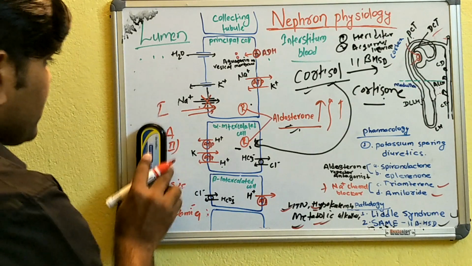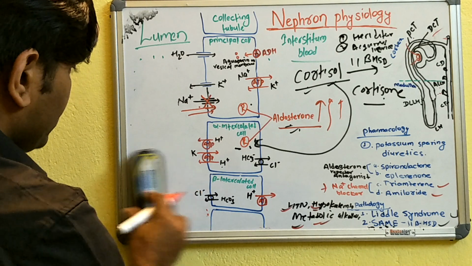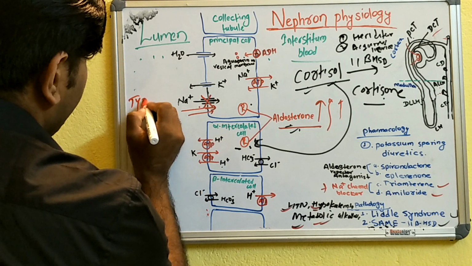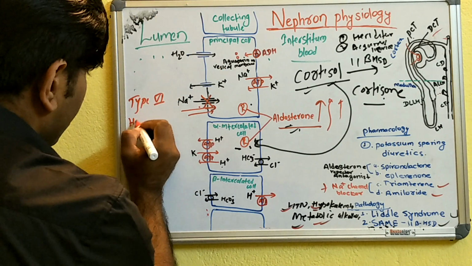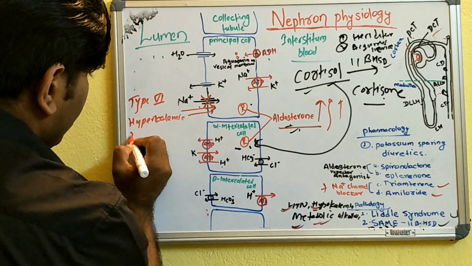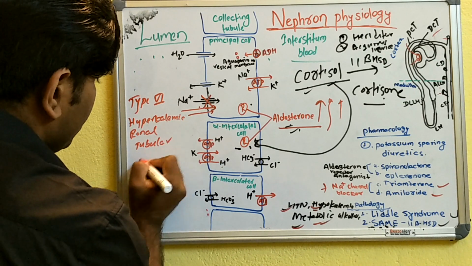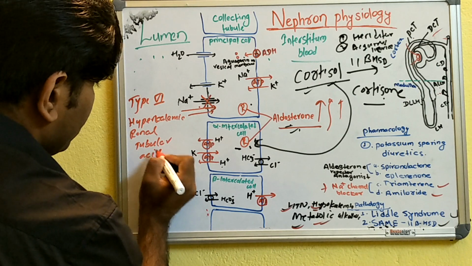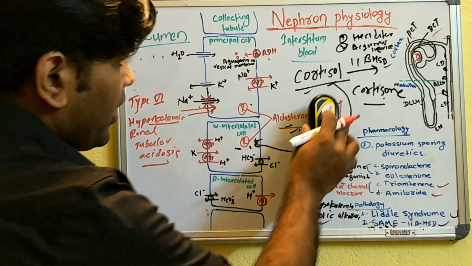Okay. Now there is another condition with hyperkalemia. This is type 4. Type 4 is known as hyperkalemic renal tubular acidosis. The name indicates that there is hyperkalemia. What happened? Due to any reason,